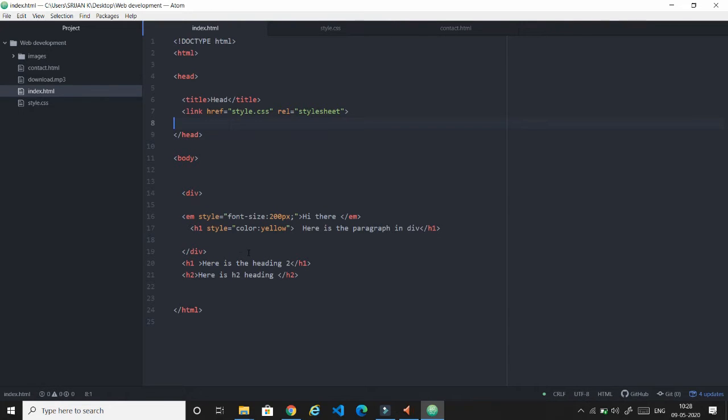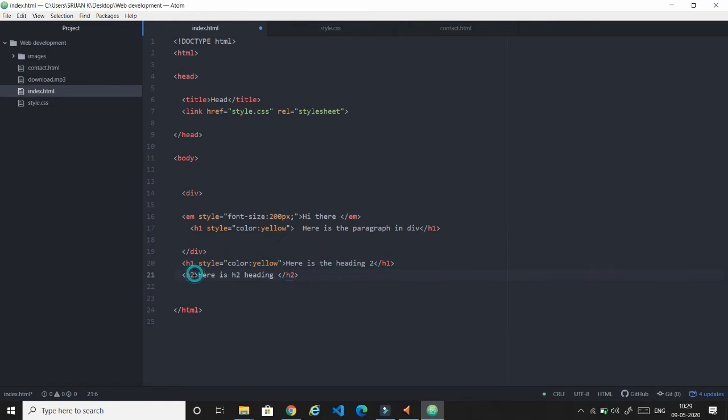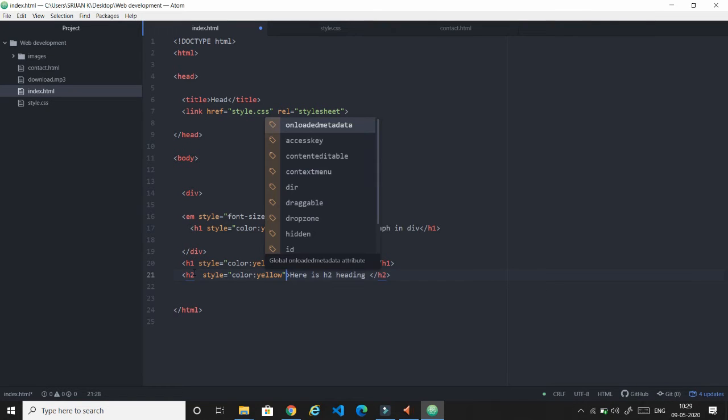Okay, now I want to make the H2 also yellow. It's really difficult, and it will need a bunch more lines. If I just copy this and paste it here, it will work, but it will have more lines, and it is very difficult for debugging if you have any error.